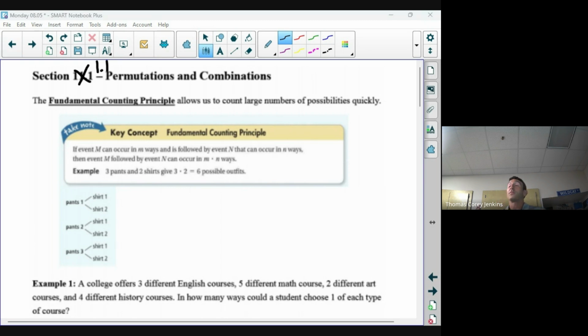Okay, so three ways to count sample spaces that we'll learn today. Counting principle, you've definitely seen that before. Permutations, maybe. Combinations, maybe you've seen it before. Counting principle basically just says that,